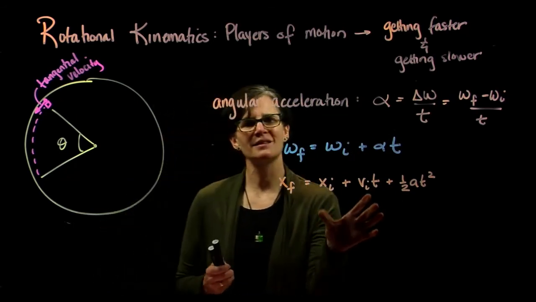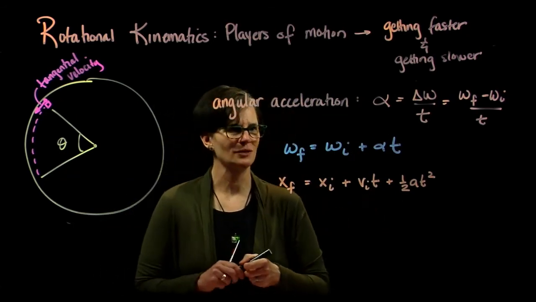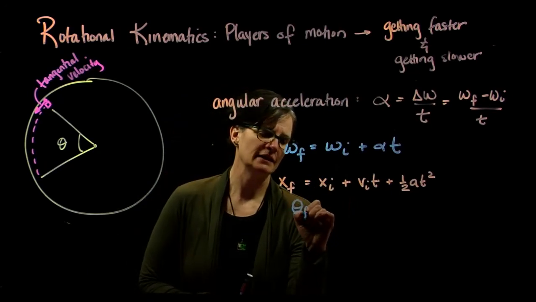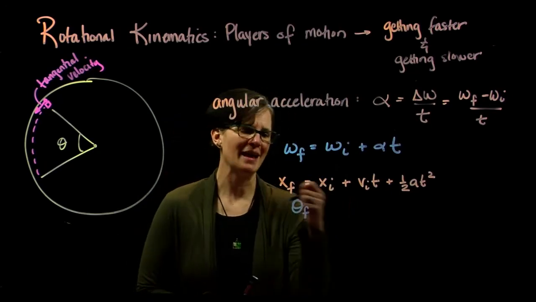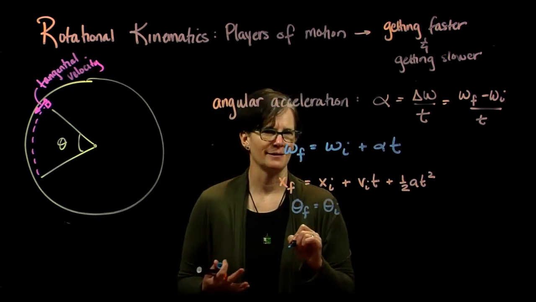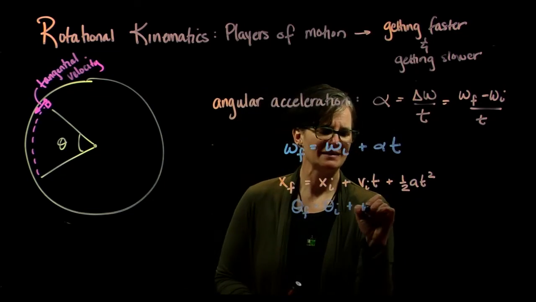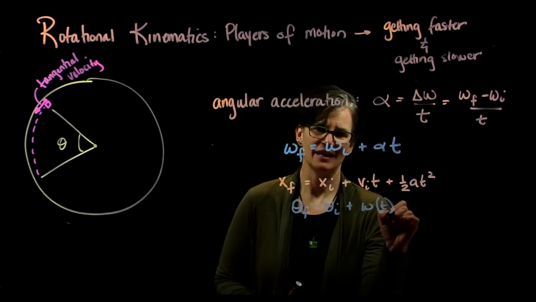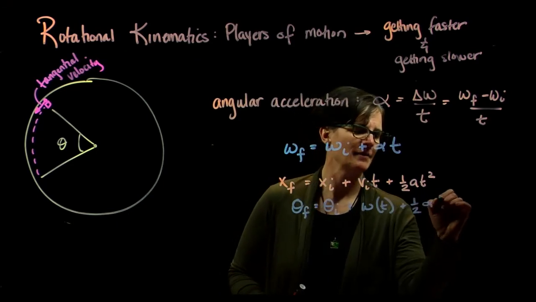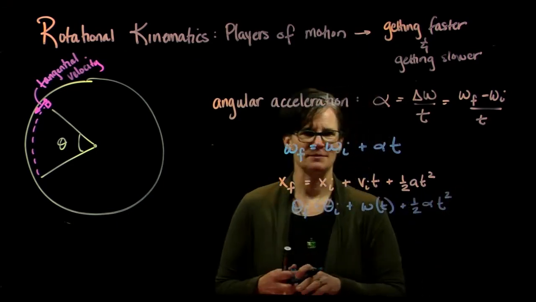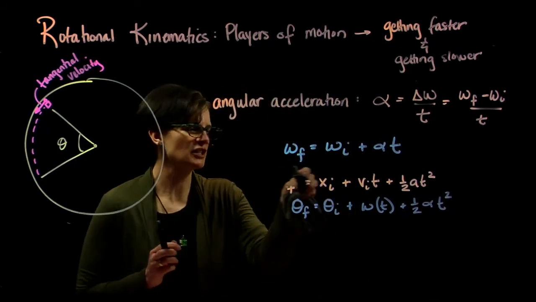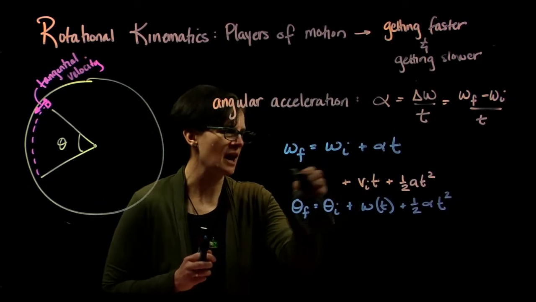Well, I can parallel this equation in the rotational world too, such that my final angle, where I end up angularly, is equal to where I started angularly, plus how fast I started out, my angular velocity, plus 1/2 my angular acceleration times time squared. It's an exact parallel,